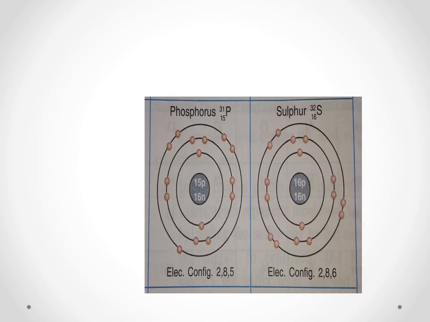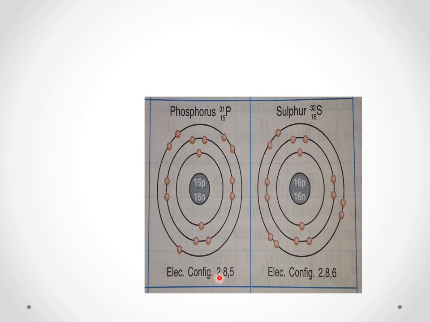Let us see the structure of phosphorus and sulfur. See, here it is written phosphorus, P, atomic number 15, mass number 31. We don't want the mass number for the time being. We need only the atomic number. So, atomic number 15 means how many electrons are there? 15 electrons are there. Let us see how these 15 electrons are arranged. In which shell the electrons will be filled first? In K shell. So, how many electrons are there in K shell? 2 electrons. It can accommodate maximum 2 electrons only. That is why it is written as 2.